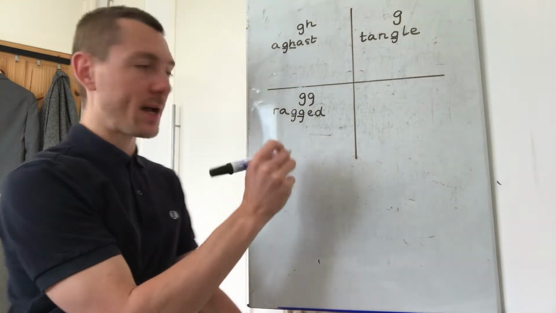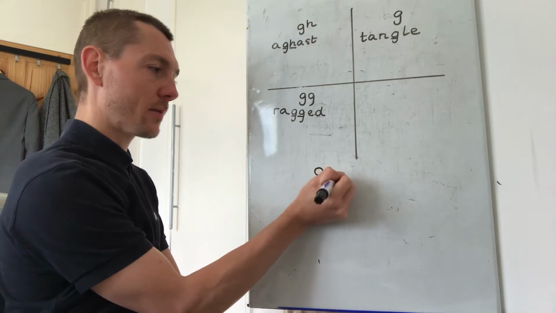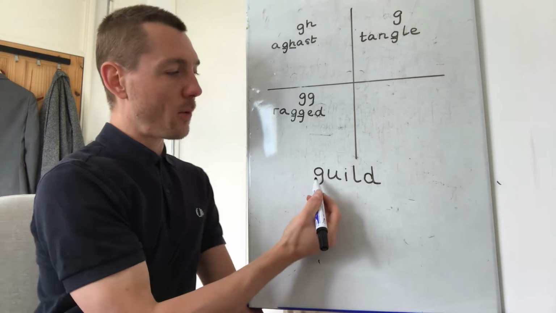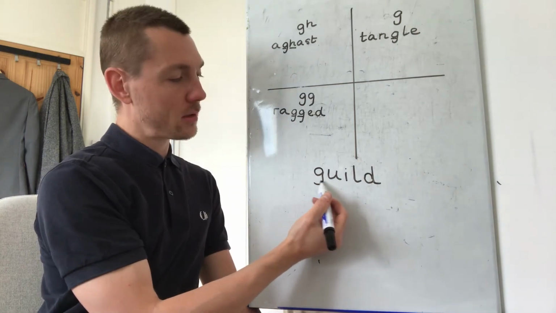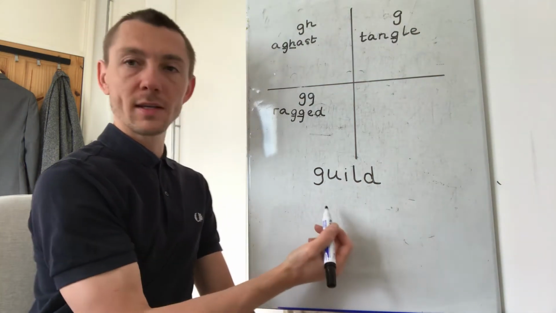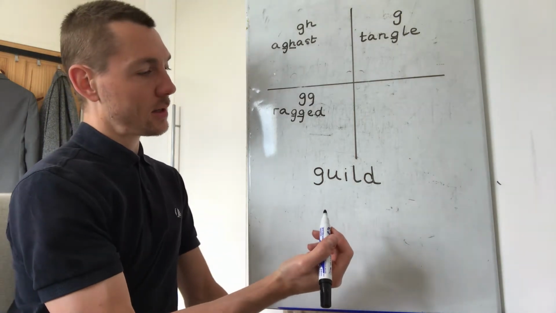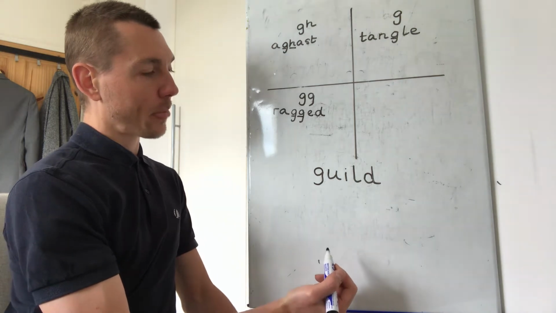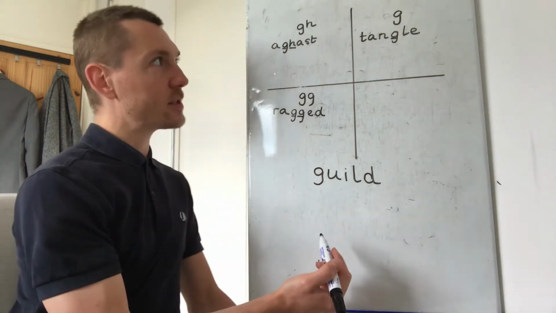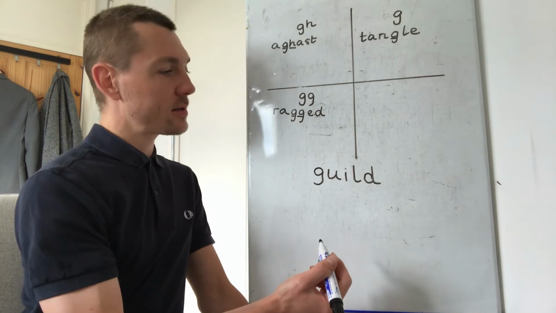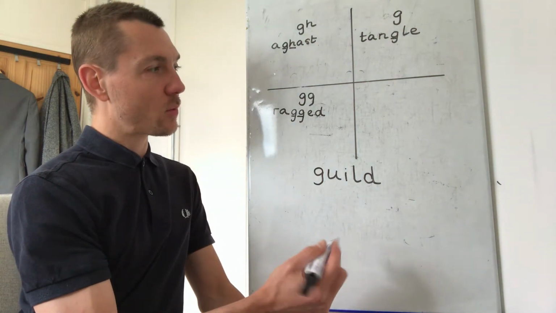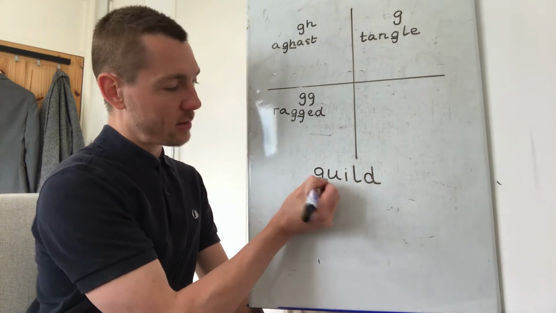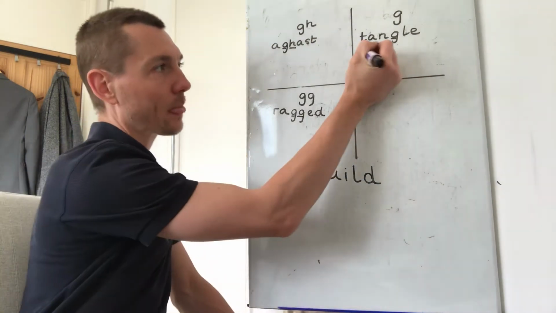Okay, let's have the word. One, 2, 3. Guild. Okay, this word can be written in 2 different sections. So where can we write the word guild? Which section? It could be the G on its own spelling, g,